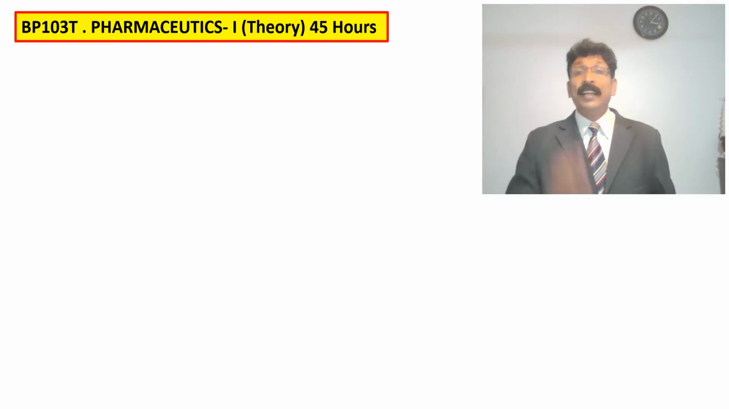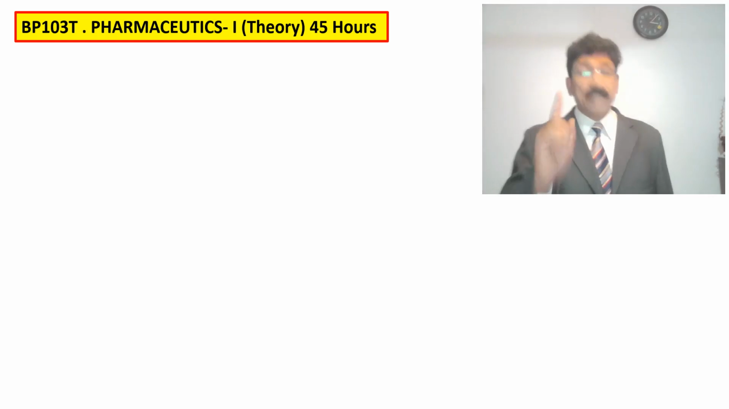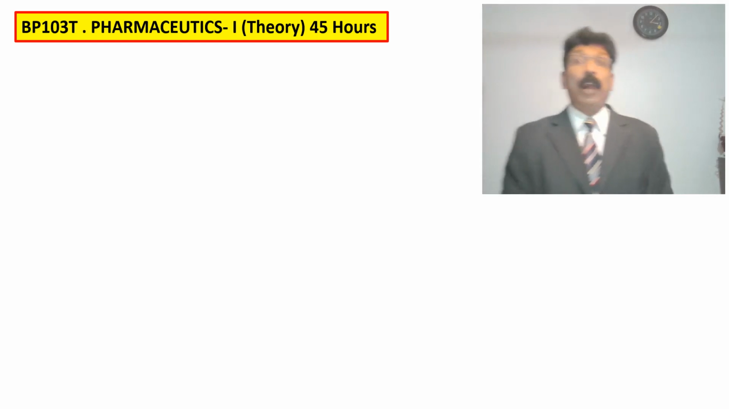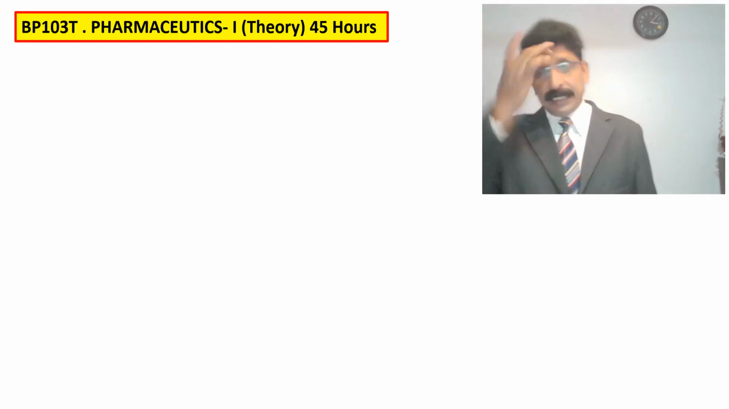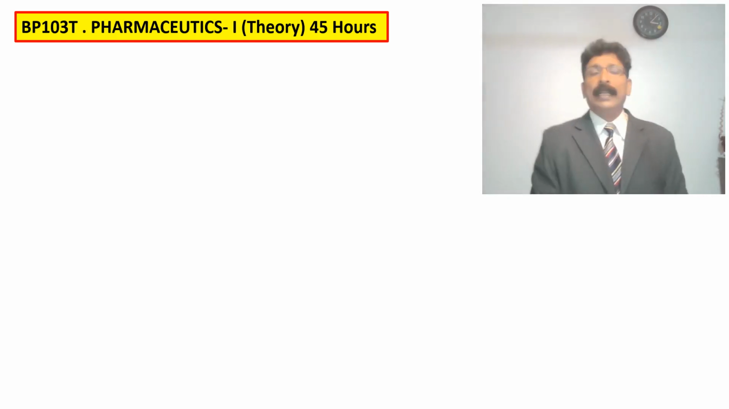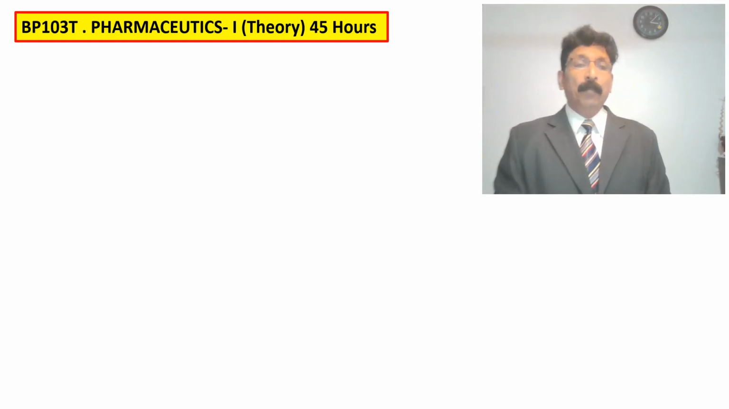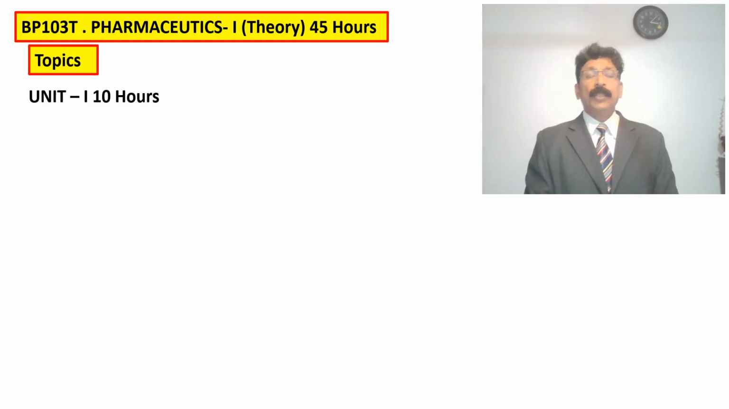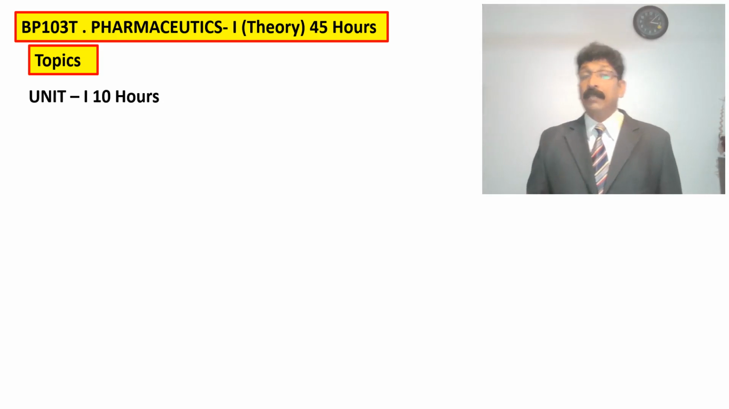See, today this is for B Pharmacy students, first semester. You have Sutix 1, Sutix 2. 2 will be in the next semester. This is Sutix 1, Pharmaceutics. Theory, 45 hours will be conducted for you, theory classes. The code for the subject is BP103T. The topics, Unit 1, as I told, I have made according to the syllabus, Unit 1, Unit 2, Unit